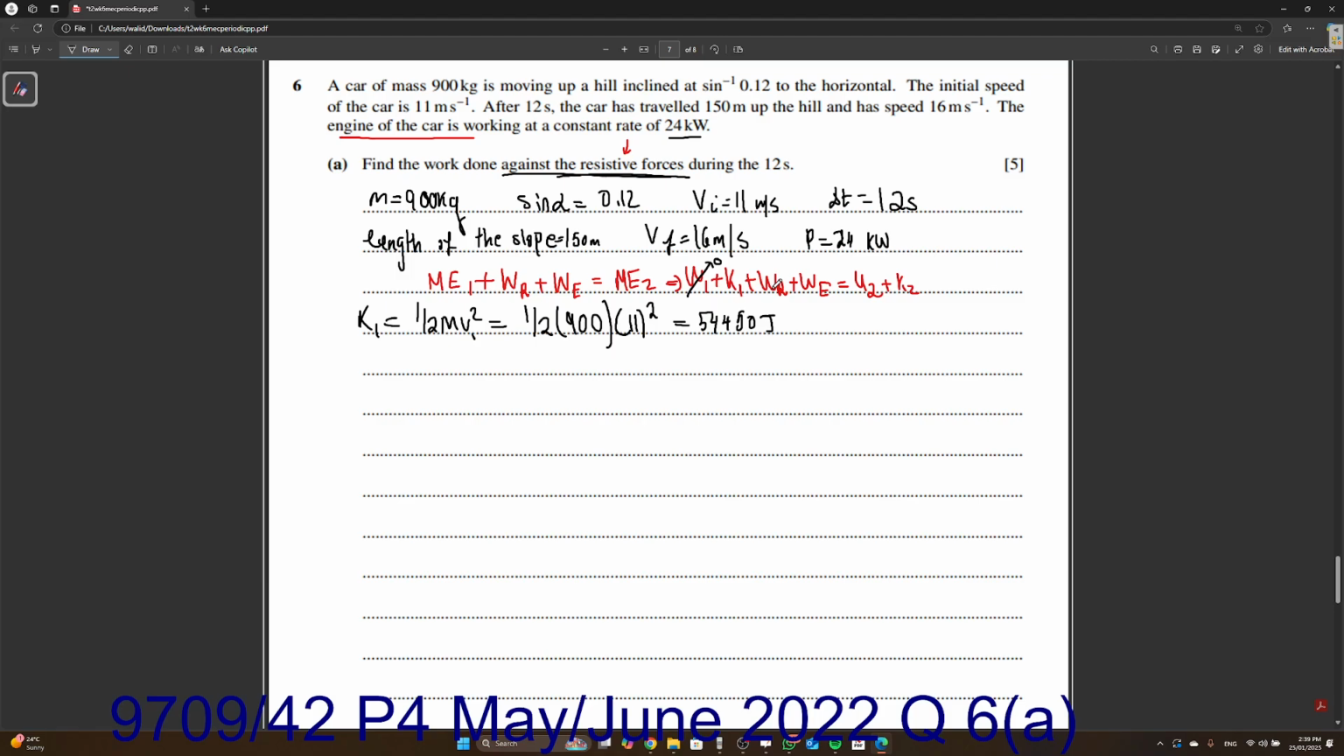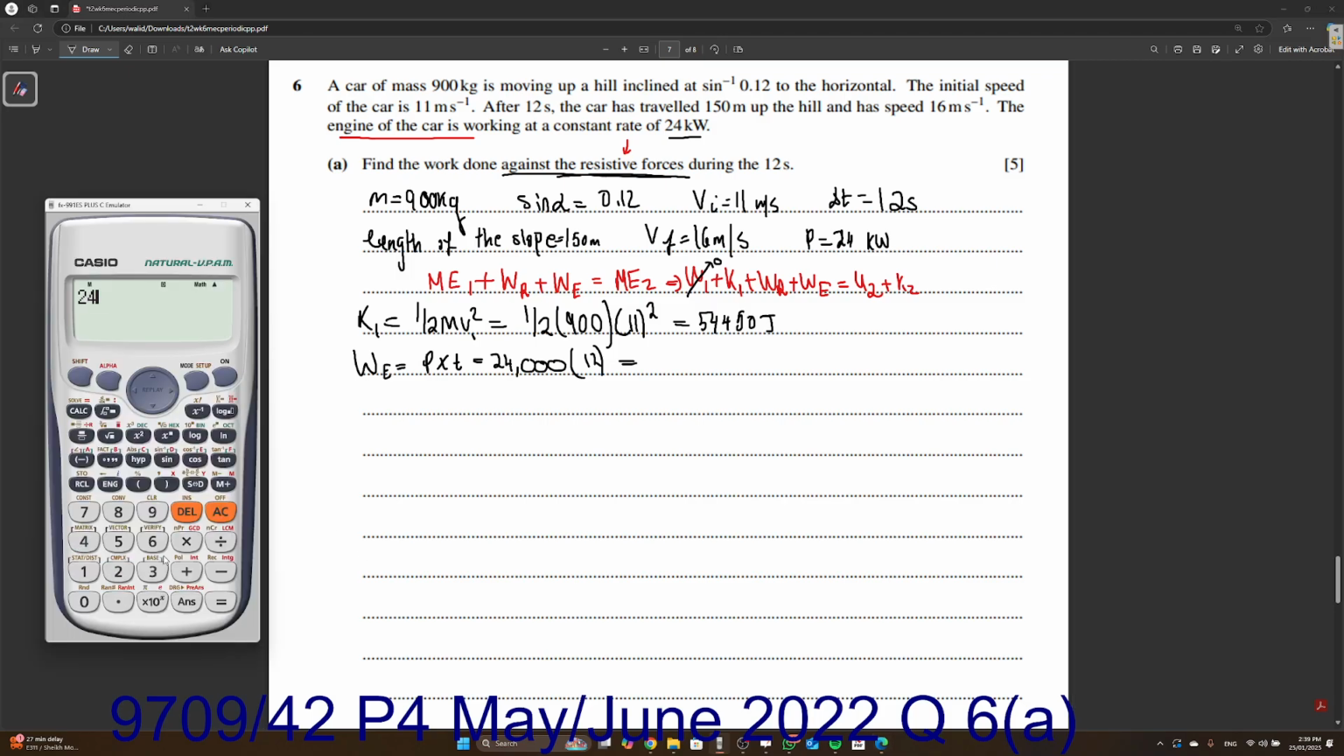We can find the work done by the resistive force. We don't know it, that's what we're trying to find. Work done by the engine: we have the power for the engine, and we have the time the engine worked at. So isn't the work done equal to power times time? Because power is equal to work divided by time, so work is equal to power times time. So it's equal to 24,000, remember to convert it to watts from kilowatts, times the time, which is 12 seconds. Let's do it on a calculator: 24 times 12 times 1,000 is 288,000